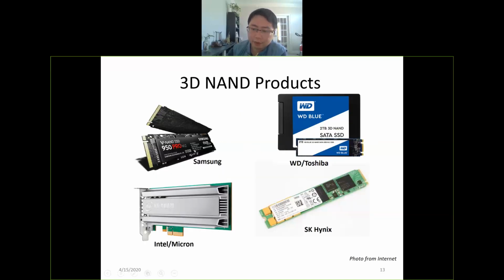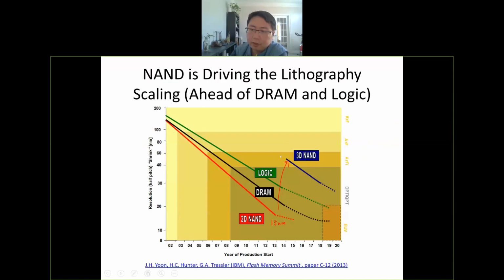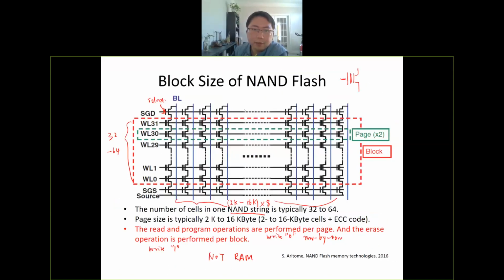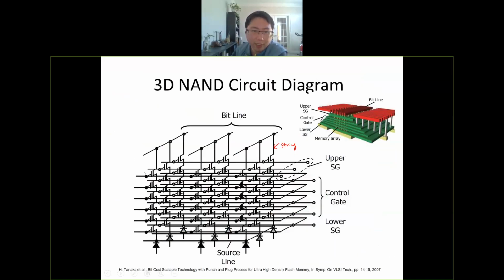So what is a 3D NAND flash? This is a circuit schematic for the three-dimensional NAND. And you see this is a really three-dimensional circuit. And this is one string of the NAND string. You have seen this string in two-dimensional space, like we show here. So this is a conventional two-dimensional NAND flash. You have word lines and bit lines, but they are on the horizontal plane. So for the vertical version, you are going to tilt this by 90 degrees. You are going to make one plane vertically, and you are going to have many planes